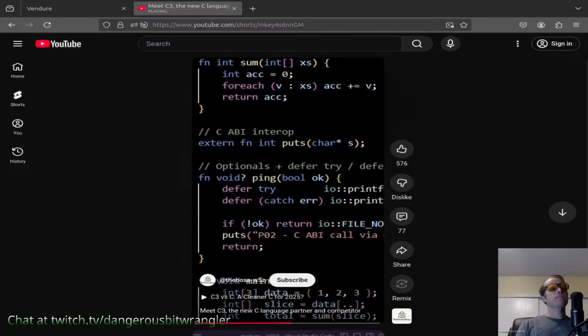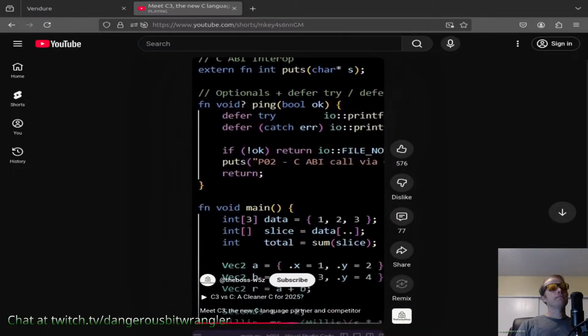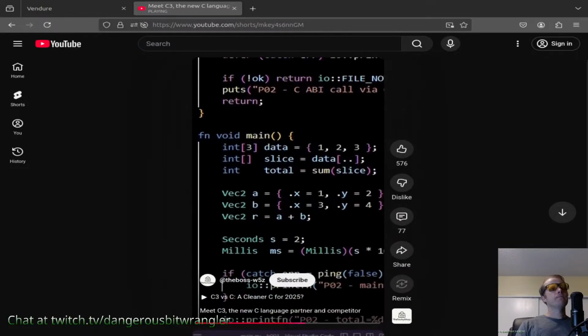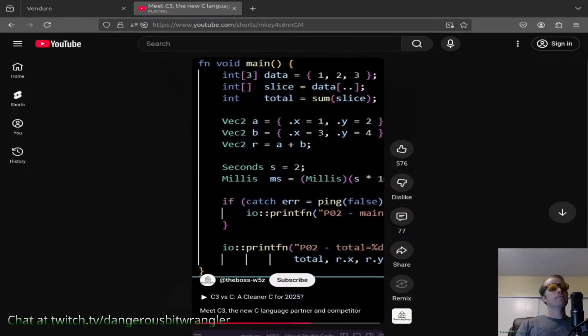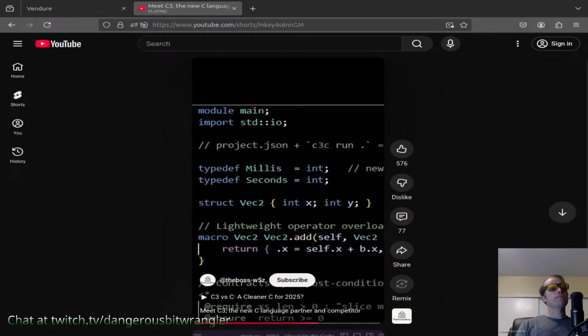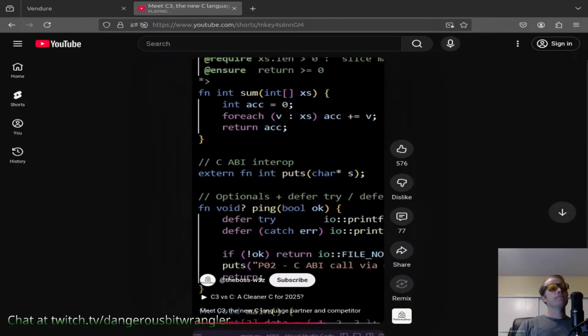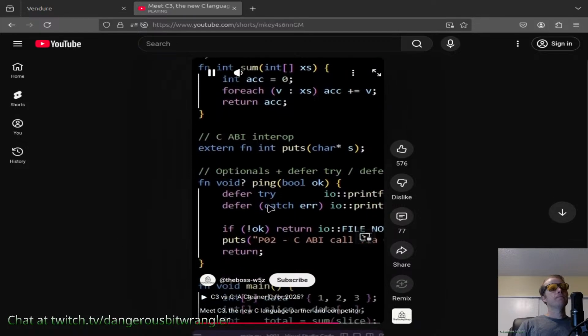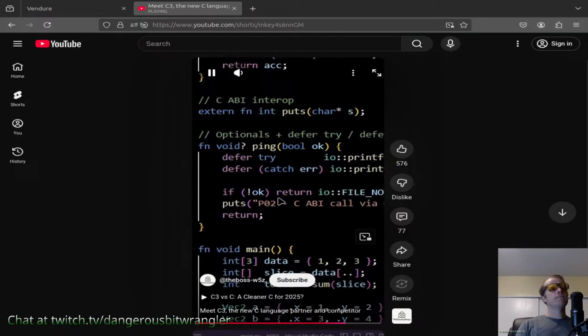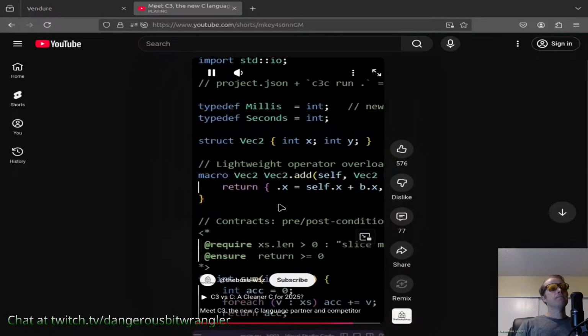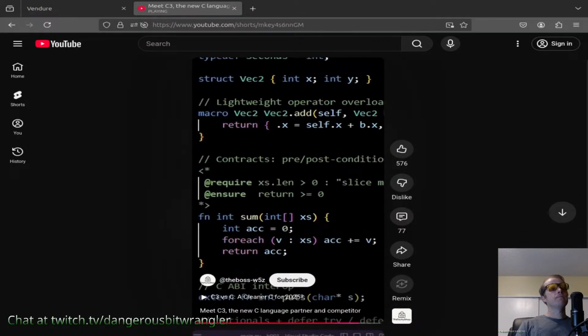rails. C3 is a small, C-shaped systems language designed to interoperate with C at the ABI level, while adding a real module system, an integrated build flow, sane error handling with optionals, defer-based cleanup including defer try and defer catch, lightweight generics, slices, distinct and subtype checked types, operator